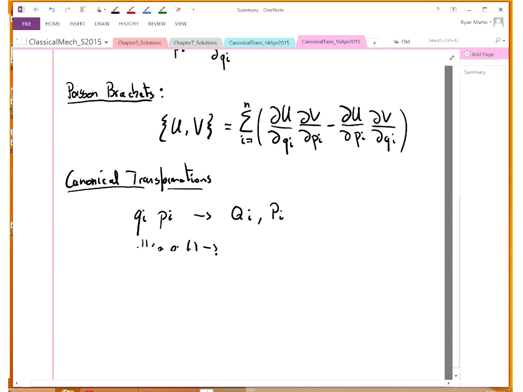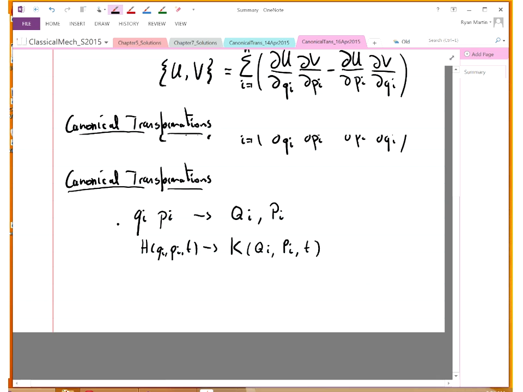In the transformed coordinate system, you have to reevaluate the Hamiltonian, which we've been calling capital K, and that depends on capital Q_i and capital P_i, and potentially time. The transformation is canonical if